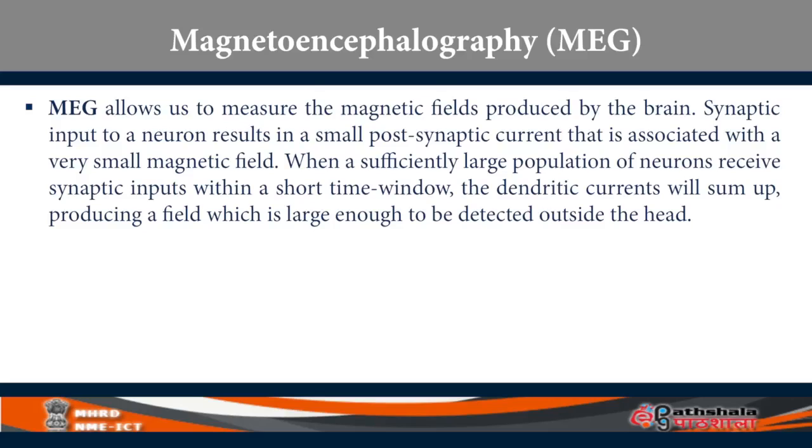The synaptic input into a neuron results in postsynaptic current that is associated with a small magnetic field. That is, within the brain, a small amount of magnetic field is generated when the neurons are active. When a sufficiently large population of neurons receive synaptic inputs within a short window, the dendritic currents will sum up, producing a field which we can record using MEG. So, we are talking about averaging automatically many small magnetic fields in